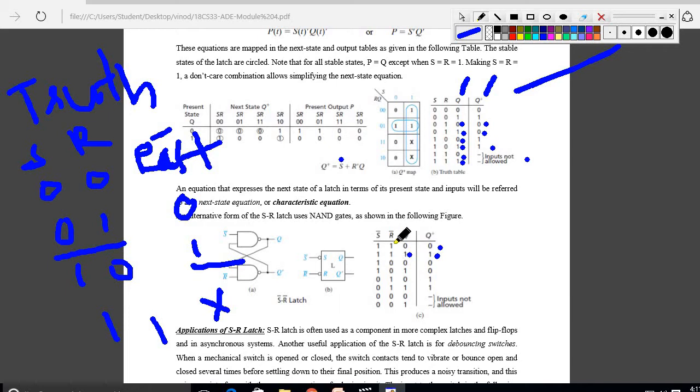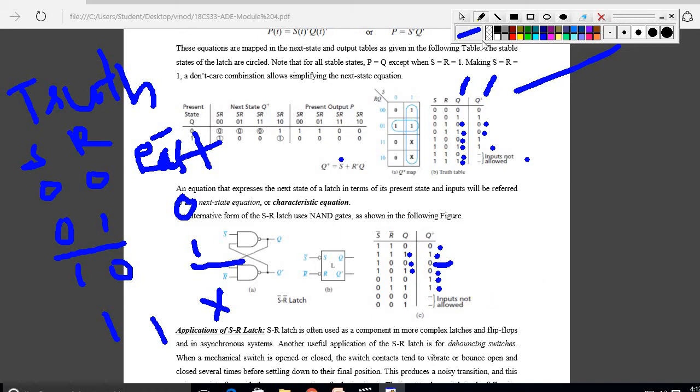If the inputs are 1 0, irrespective of the past value I need to write the reset value here, 0. Reset means 0, so 1 0 means irrespective of past value I am writing reset value, because of S bar R bar. Again for 0 1, I have to write the set value irrespective of your past value. If both are 0 0, I need to write a don't care term here.